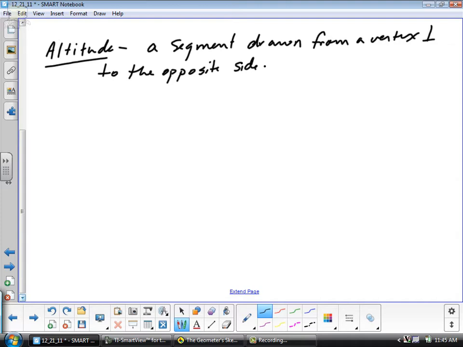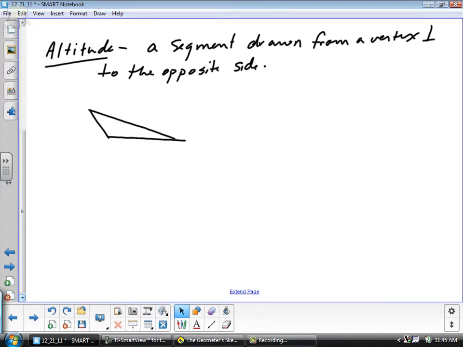Now, if my triangle is obtuse and I want to go from this vertex perpendicular to the opposite side, the altitude will